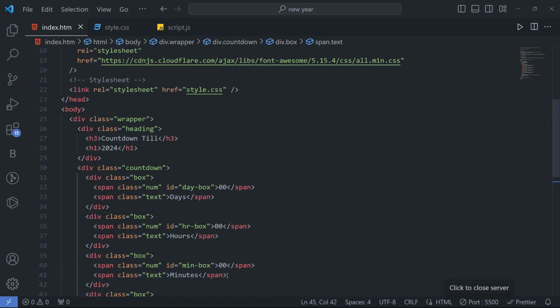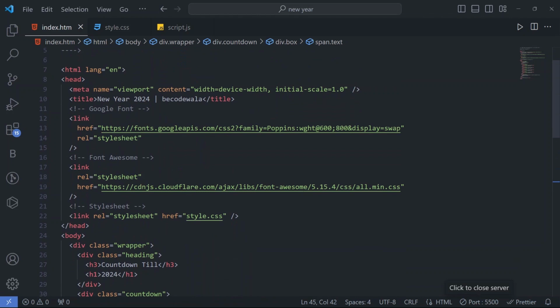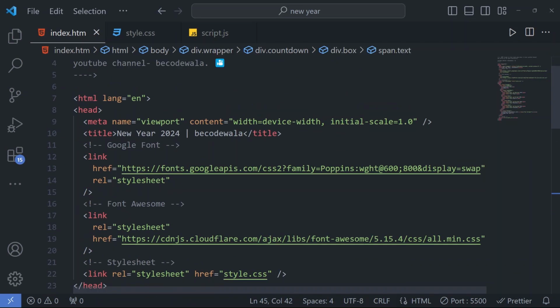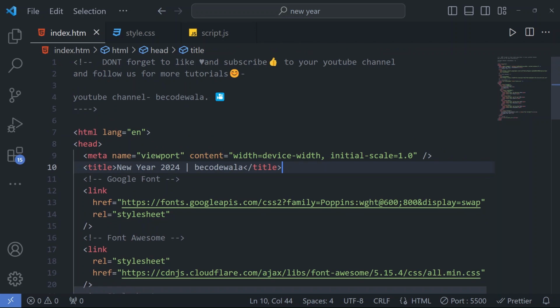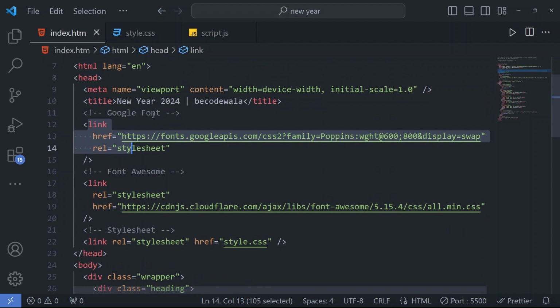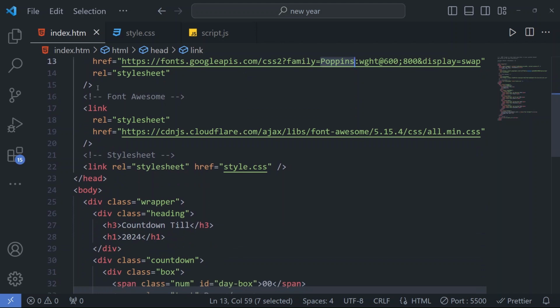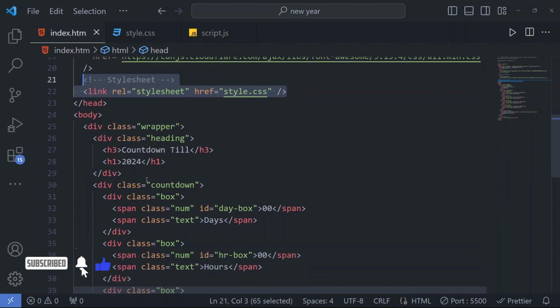So first of all, we go with the HTML file. I'll increase the font size. So now you can see that we have a title, New Year 2024 Becodewala. Then we have linked our Google font for the font Poppins, which you can see here. Now we have linked our Font Awesome link for our icons. Then style.css, which you can see here for styling, and then